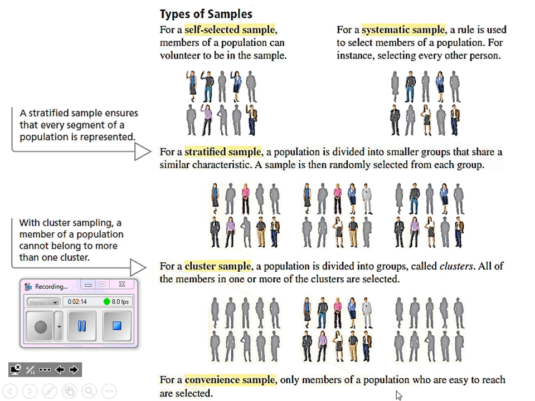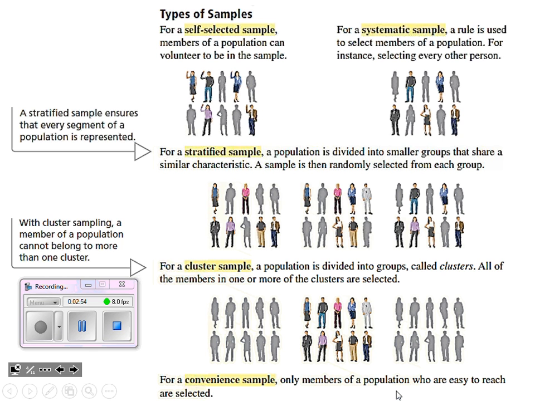For a self-selected sample, members of a population can volunteer to be in it. This is what I would consider to be like if you're looking at Amazon.com or ordering something online, they have customer reviews, or restaurant reviews you see pop up online too. Think about who is going to choose to be in the sample. Who's going to take the time to actually survey or review that product? Chances are that it's the people that are strongly against it or that really, really liked it. So you're not going to get your average result there, only the people that are really invested in making their opinion known.